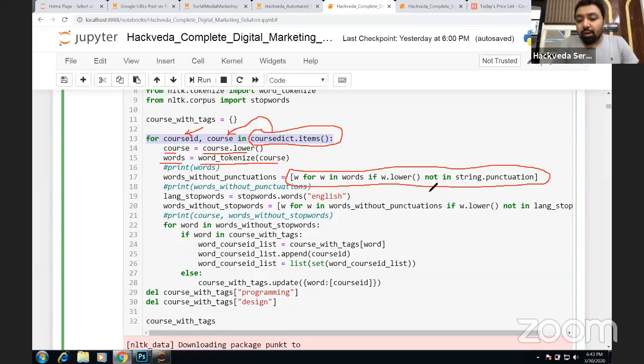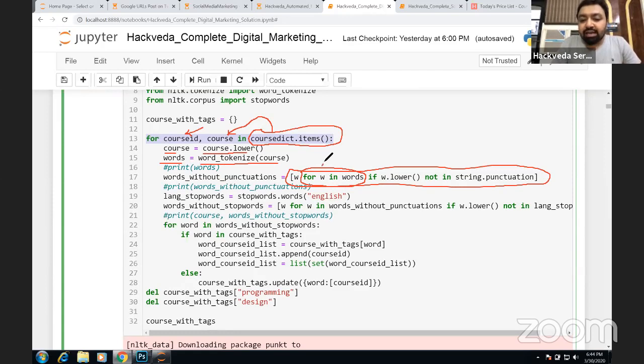In this list comprehension, we have written a for loop. So the for loop starts from here. So we are going to loop over all the words. So since all the course names will be extracted as different words into a list. So let's say if we take a course like machine learning with Python. So machine learning with and Python, these are 4 words which will be stored into words list.